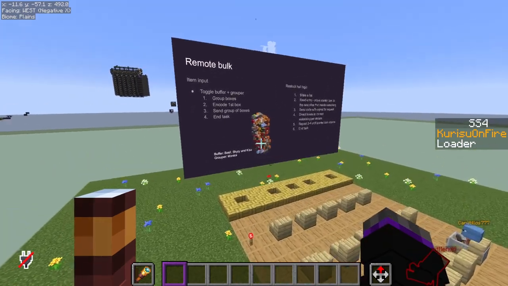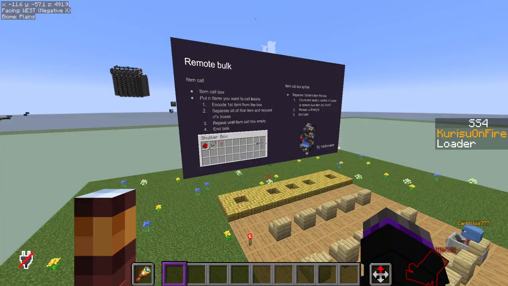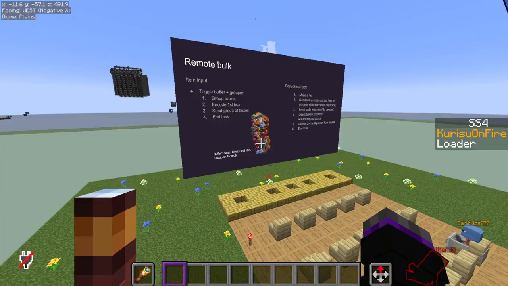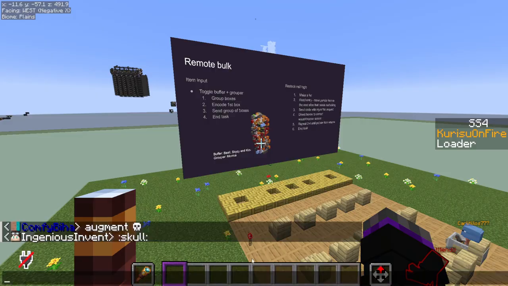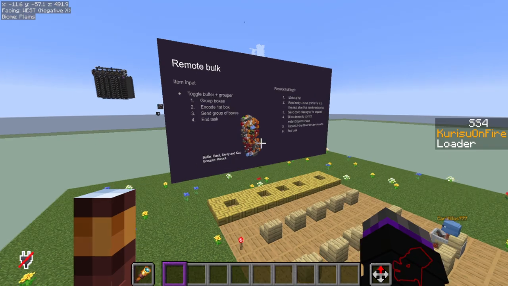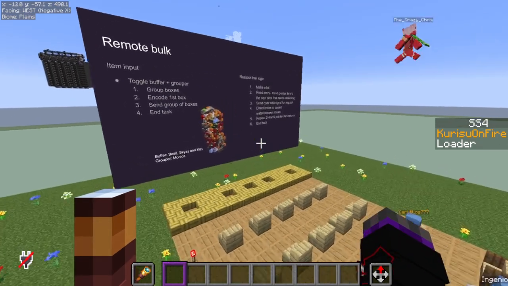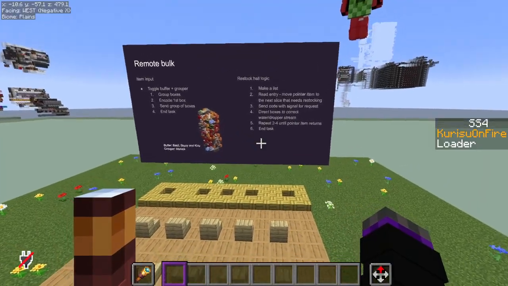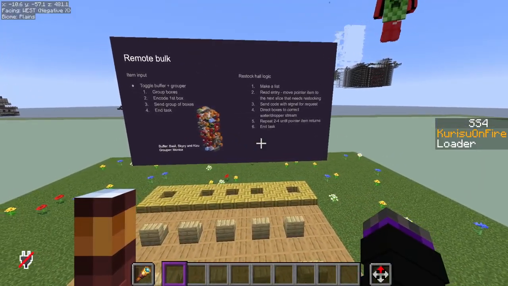So for our restock haul, like our quad bulk, the main UI we are going to be interacting with when gathering resources for some projects, right? The logic for it is not that complicated. Wiring can get a bit advanced. It's not bad. It's really easy to understand. But basically, first, the way restock haul works, you would make a list of every slice that needs restocking. It's just a bunch of